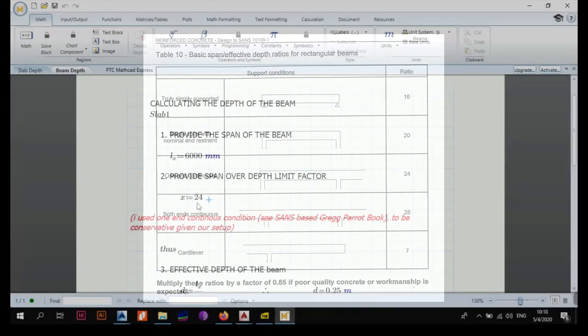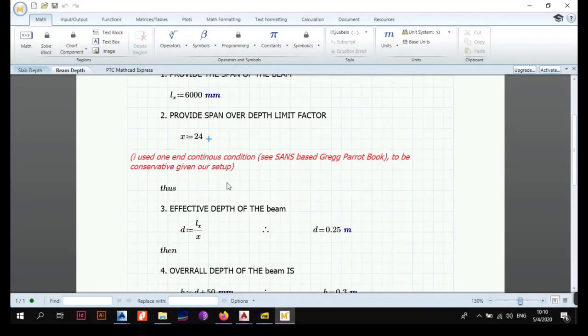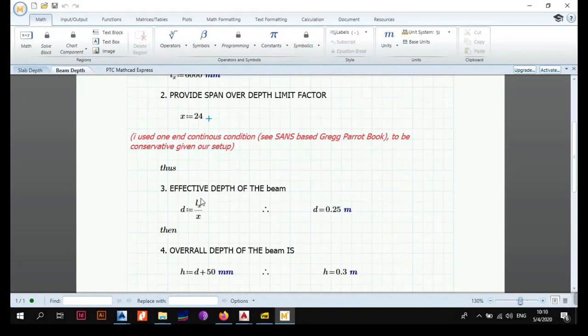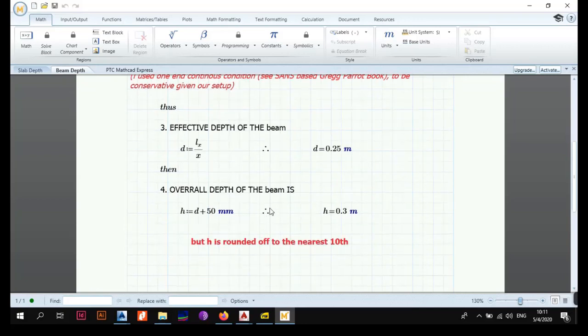So in this case, we're using X is equal to 24 as a span over depth limit factor. By span over depth, it just means L over D is equal to X. So to make D the subject of the formula, just do your mathematics, you know what it is. Just put X to the other side, so D becomes L over X. Therefore, the effective depth of your beam will be 250 millimeters, and the overall depth of the beam is now,